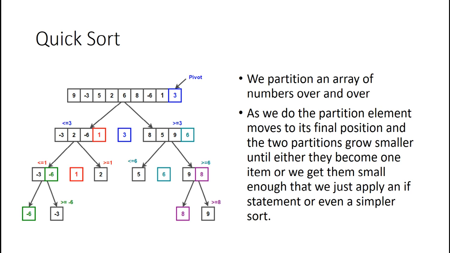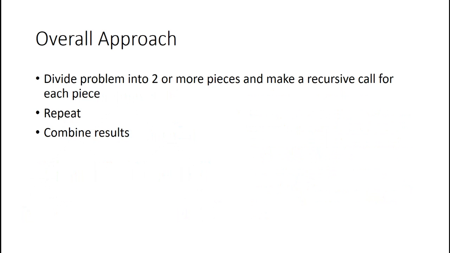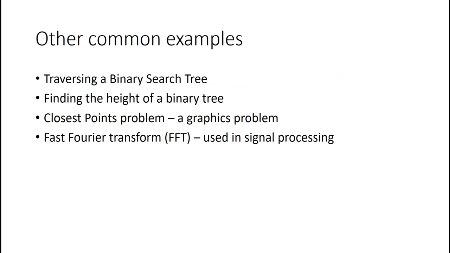Then they're in order. So the overall approach is we divide a problem into two or more pieces and we make a recursive call for each piece. We repeat that until all of our subproblems are solved, and then we combine the results to get a solution to the original problem. Some other common examples that use divide and conquer: traversing a binary search tree, finding the height of a binary tree, something called the closest points problem, a graphics problem, and the fast Fourier transform, which is used